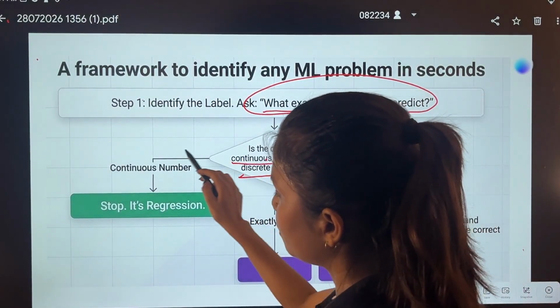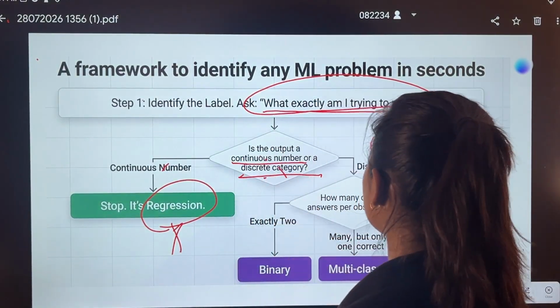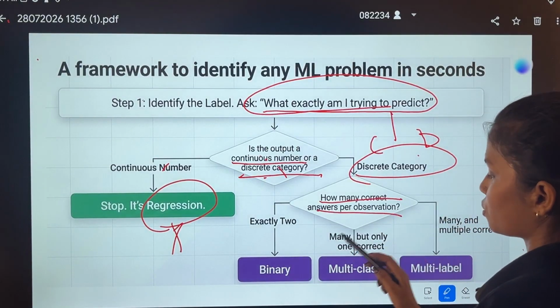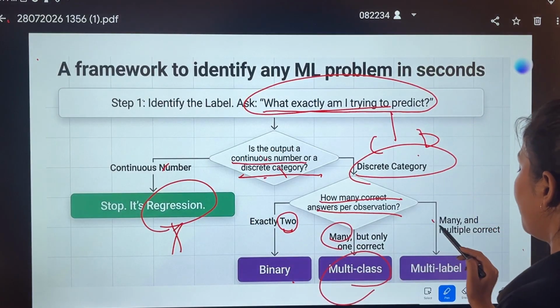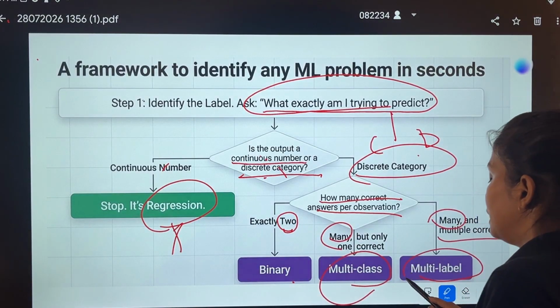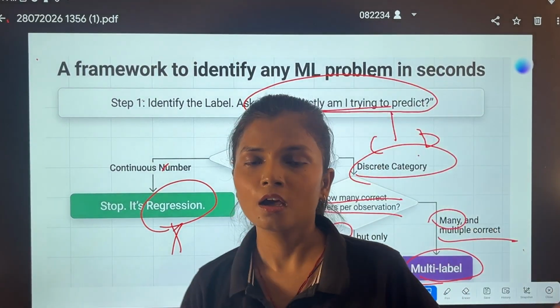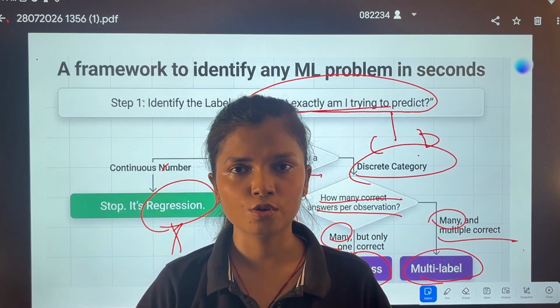Now if it is a continuous number, regression, stop. If it is a discrete category, then ask a further question: how many correct answers per observation? Out of 2, binary. Many, multi-class. Many and multiple correct, it means multi-label. That's how you can identify one algorithm for your problem statement that your client or stakeholder might be asking you